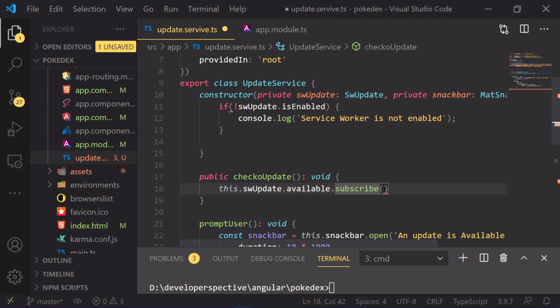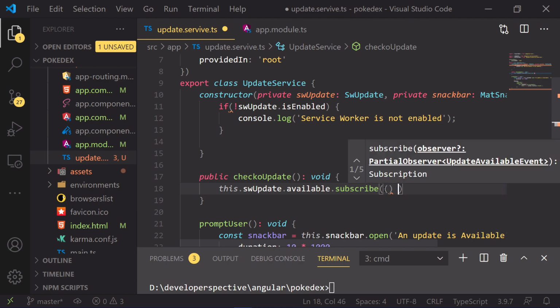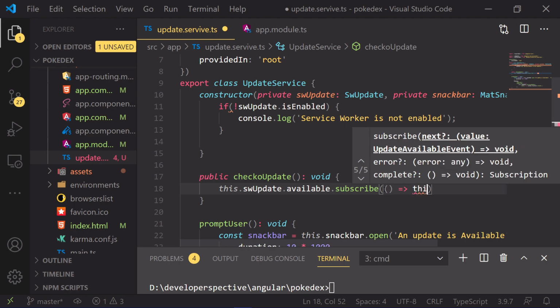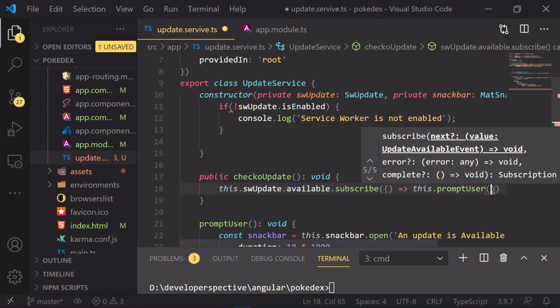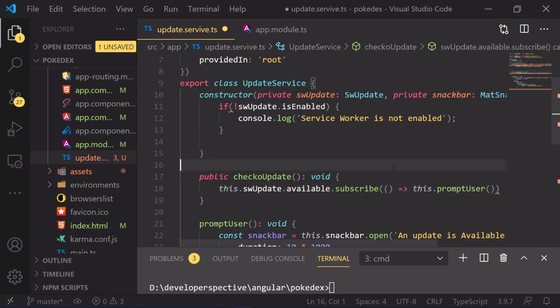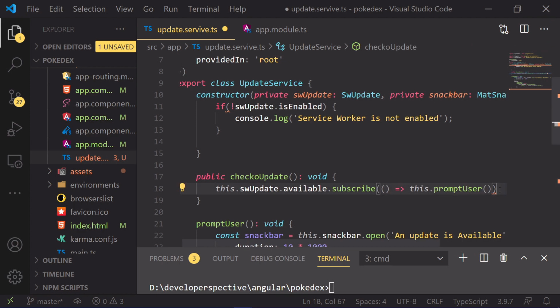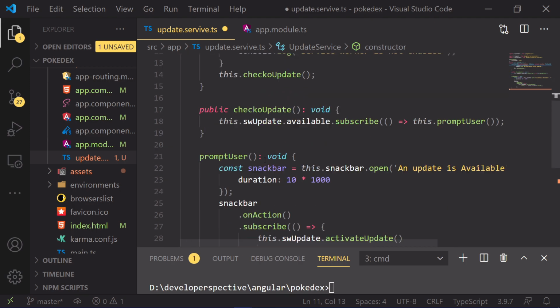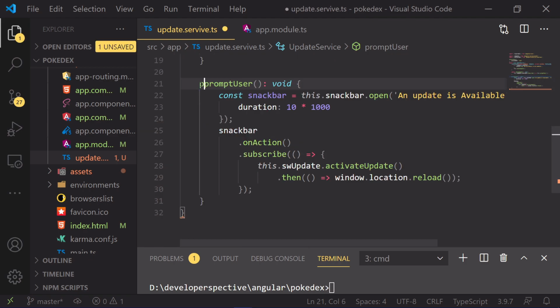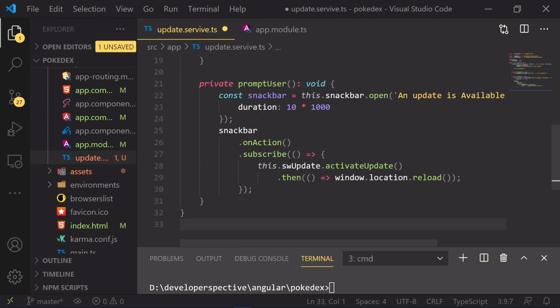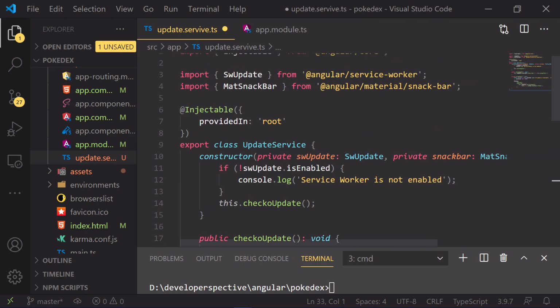We will subscribe for the available updates, and whenever there is an update, we will prompt the user to work around it. So this is the injectable which we have created for this application. Make this function private. That's it, I have a service injectable available with me.